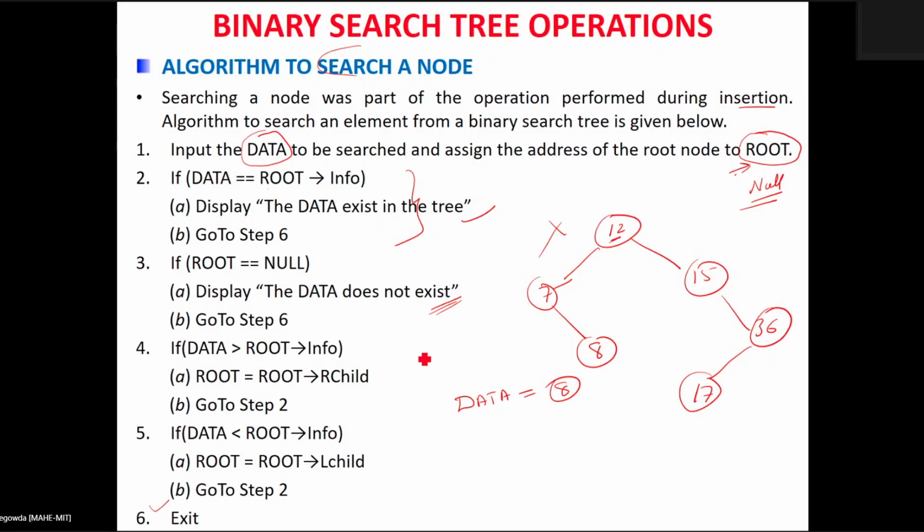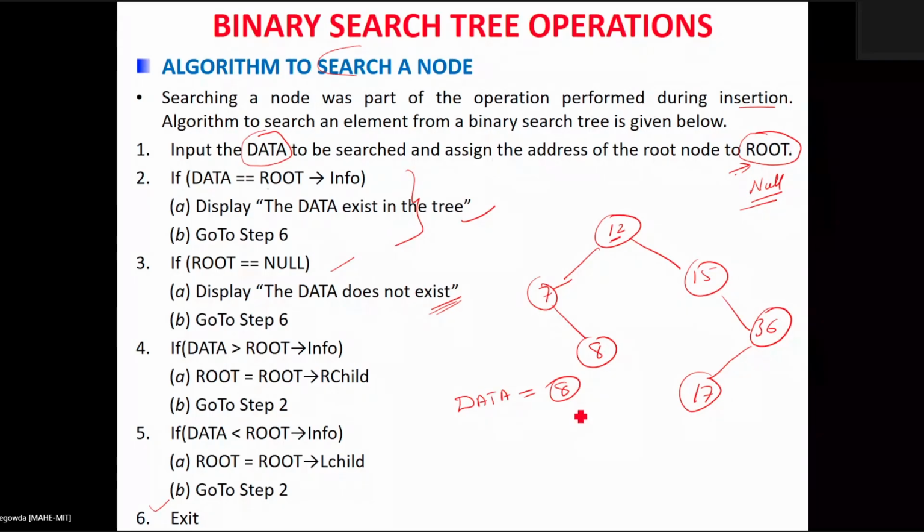Then, if this condition also fails, it is understood that the BST exists. Now it is our job to see whether the data to be searched is present in the left subtree of the 12 or the right subtree of the 12. If data is greater than root points to info, say for example data is 8 and root points to info is 12,